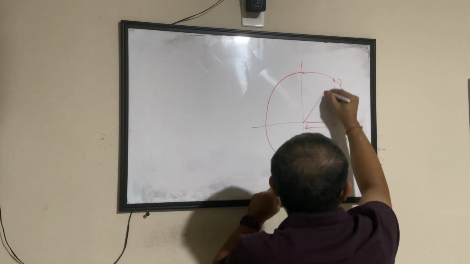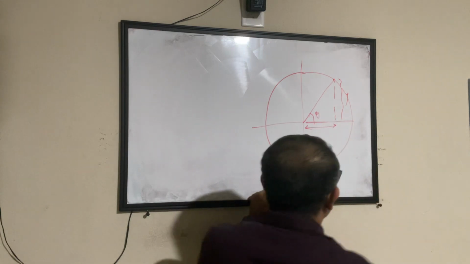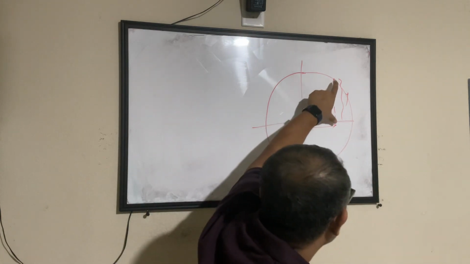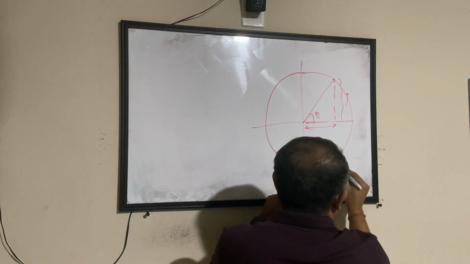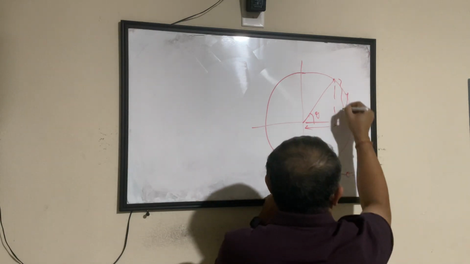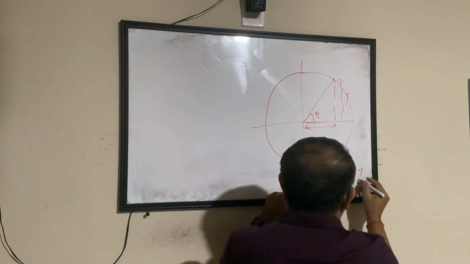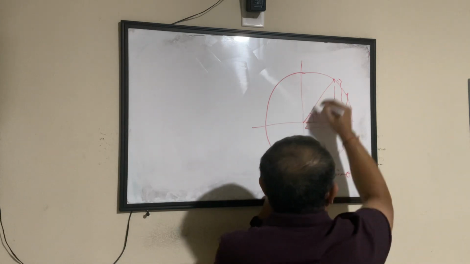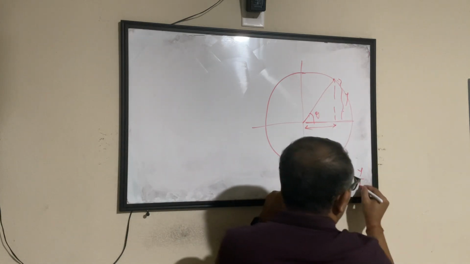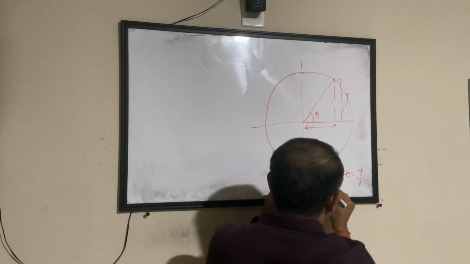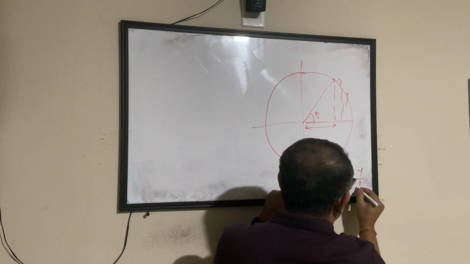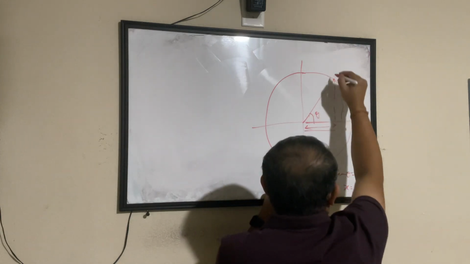So, if you look at this as a theta, so this will be sine theta. We know that sine theta equals, let's say this is y, so y divided by the radius. Radius is 1 unit. So your y coordinate value is sine theta, and x coordinate value is this divided by,